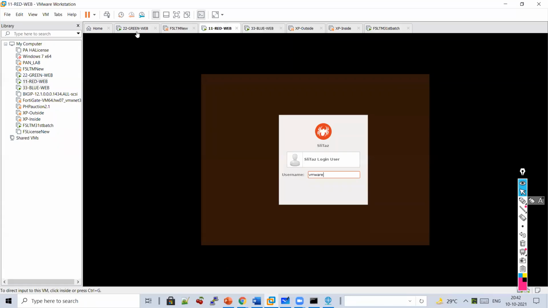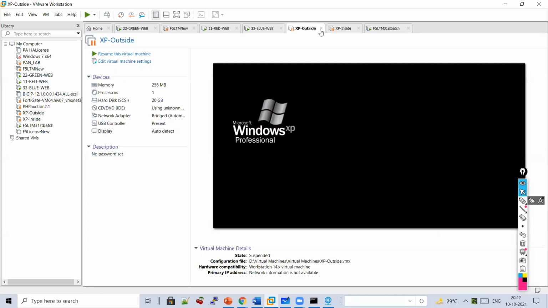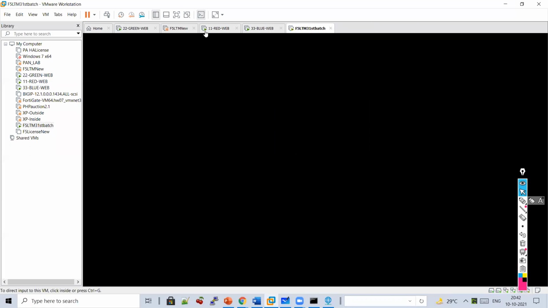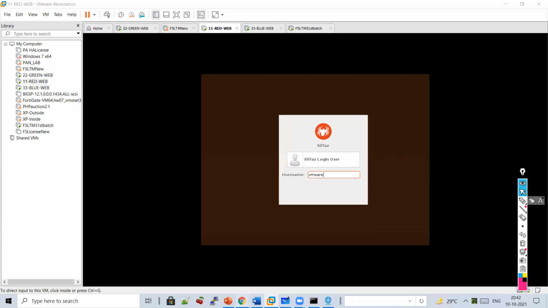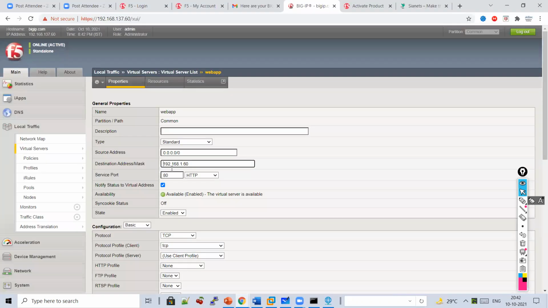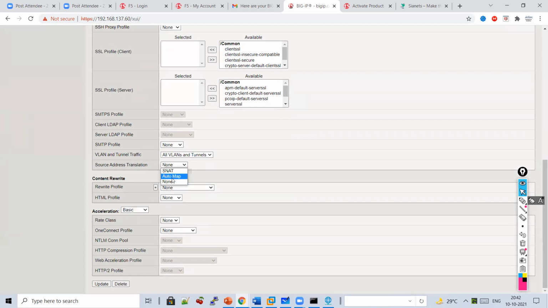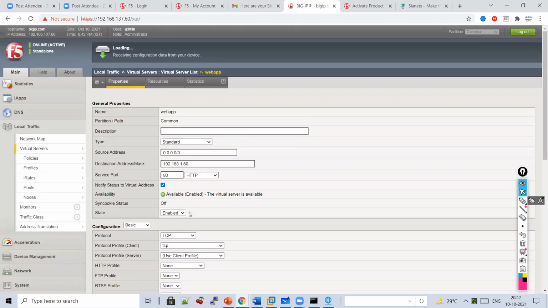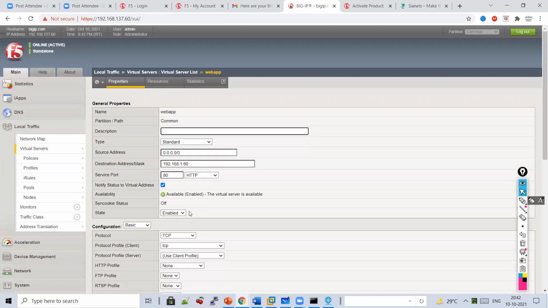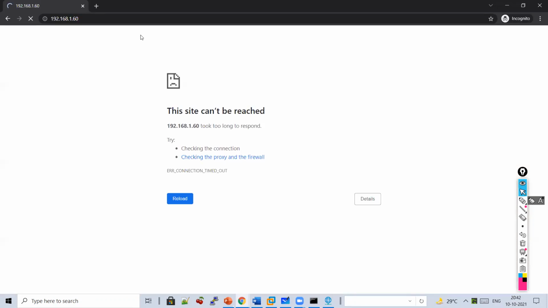I have red, green, blue, everything up, but somehow it's not working. Let me try one setting: enable SNAT. Sometimes it's a bug here. You don't need to enable this, but I'm just trying. Sometimes it's a routing issue on the lab. Generally it's not an issue, but I'm just trying.